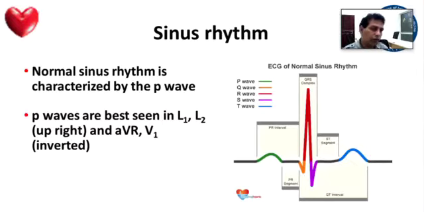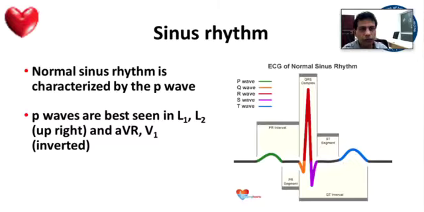And that is why when you do a rhythm strip, you normally take L2 or V1, because the P wave is best seen in L2 and V1. Of course, L1 and AVF are also possible, but L2 or V1 are taken often because